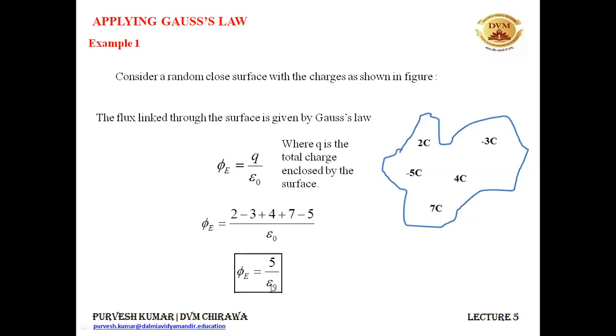It's a very simple problem, very easy to understand also. Just find the charge which is enclosed by the surface, add all the charges, find the total charge enclosed by the surface and divide it by epsilon naught. You will be getting the flux linked with the surface. I do hope it is really very easy and simple to apply. So you can easily be finding it out. Let's do one more example and try to find out the electric flux linked with one another surface.